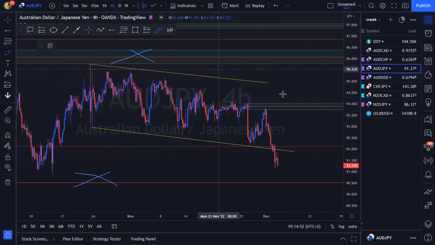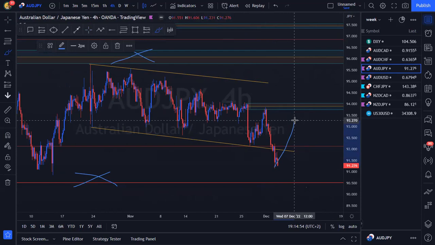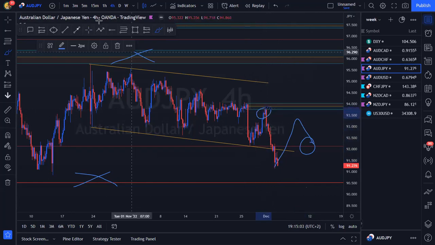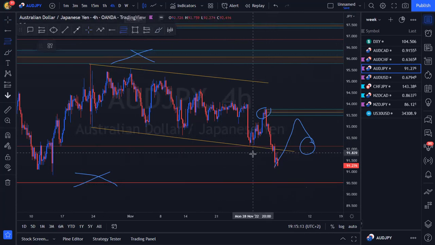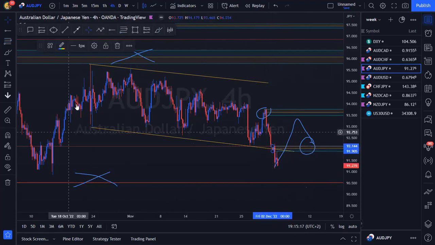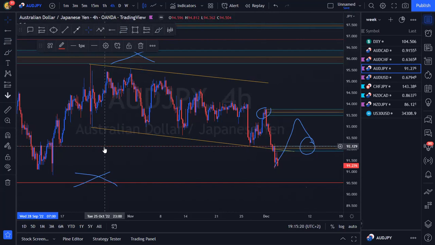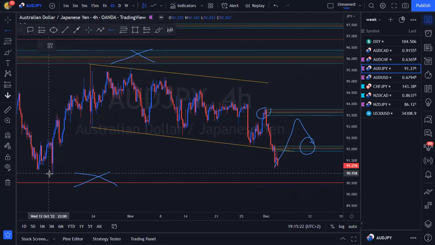Let's see, maybe we'll get an opportunity to buy if price action breaks back into our structure, and then maybe we retest or whatever the case is. Maybe we'll get an opportunity to sell if we tap into this high POI, because I think this is the next 4-hour POI that we have, or next momentum shift, next bearish engulfing, that we can try and look for some downside continuation. I would maybe also include this one over here, but let's only use this POI if price action comes down and breaks this support.